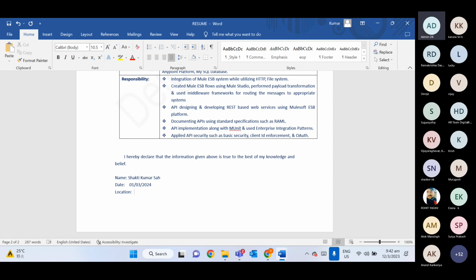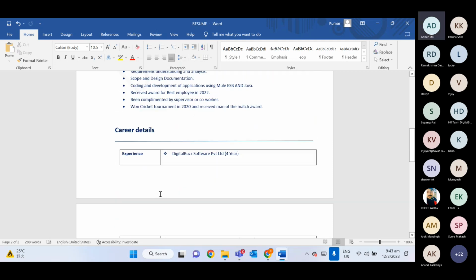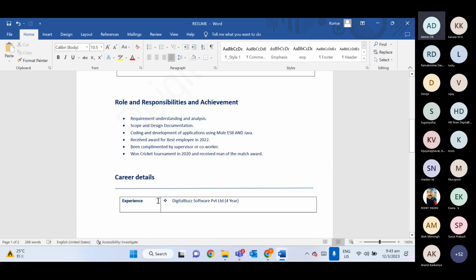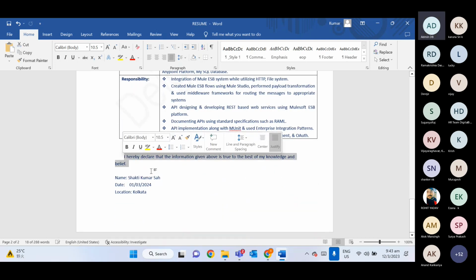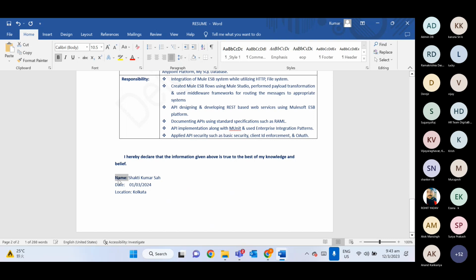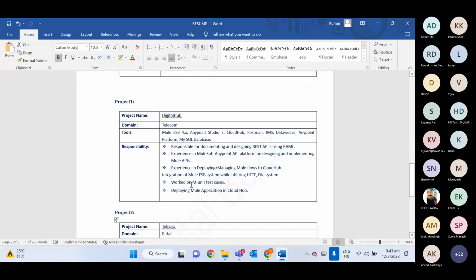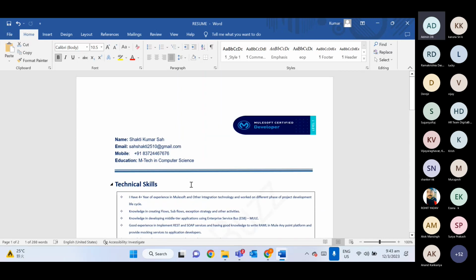Then what is location? Does anyone have any doubt on this part? Let me quickly know, and we'll discuss that particular part. Otherwise, we are good to go. In the resume part, if anyone has any doubt, let me quickly know. I will share the sample resume, but still, if you are not happy with any part or if you want to discuss,